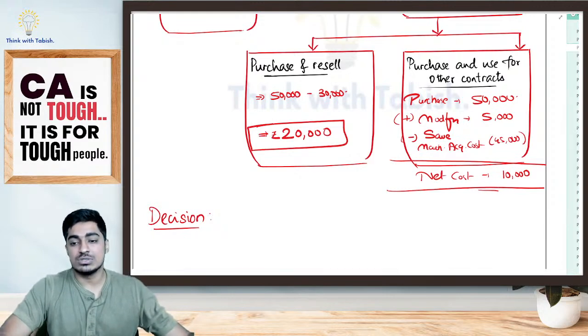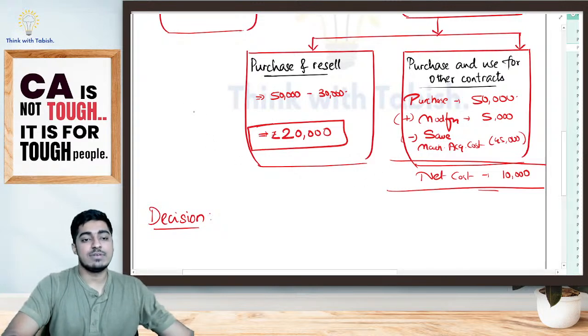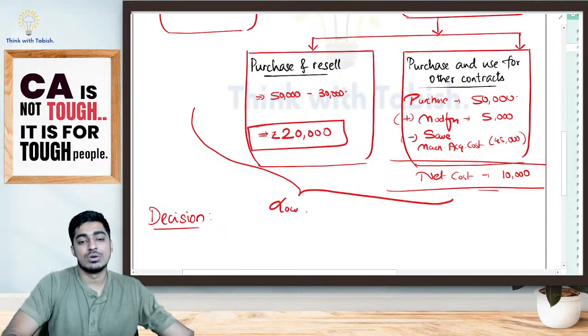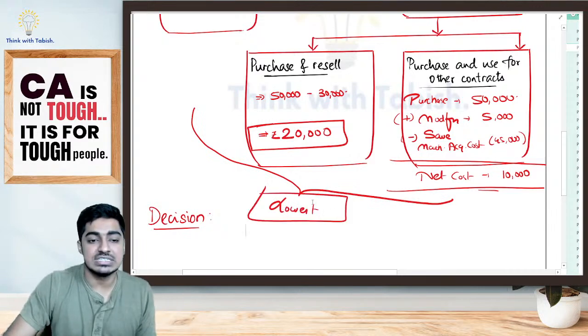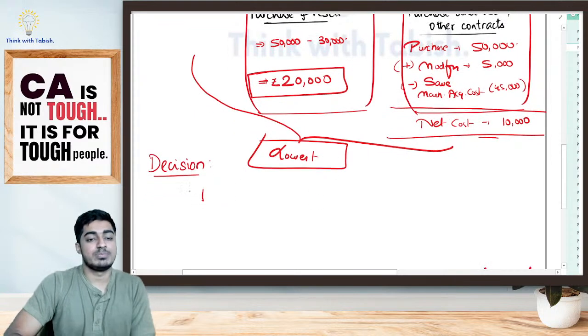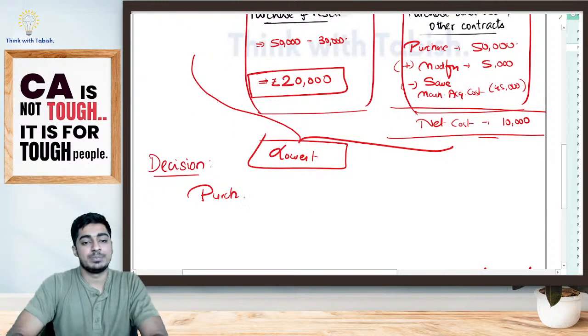Yes, 15,000, 20,000 or 10,000. Which one will I choose? I will be choosing the lowest of these. Yes or no? Whenever we are paying, we will choose the lowest of these. So what is the decision, students? Yes, purchase the machine